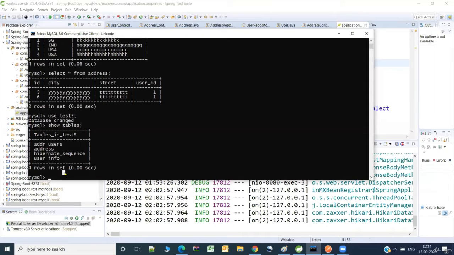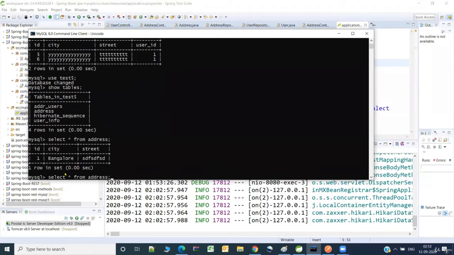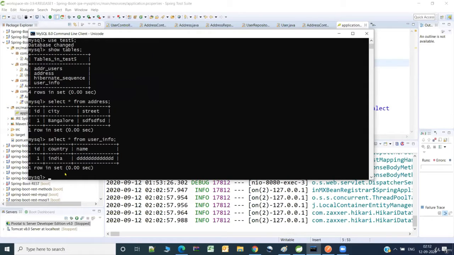Let me say select star from address, select star from user info. See, these records I manually inserted. Let me check if any records are there in ADDR users.